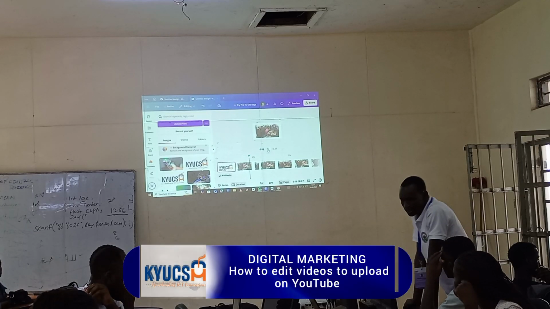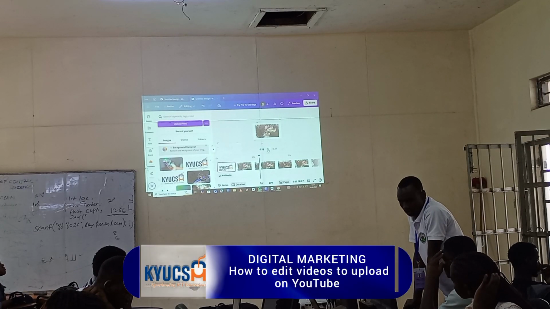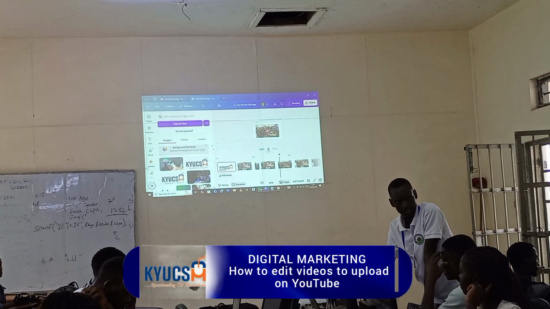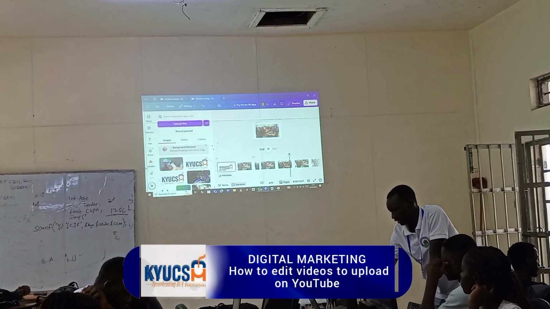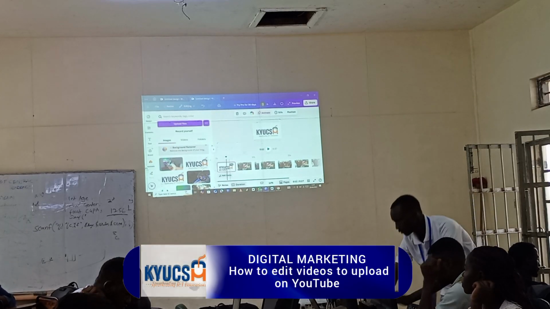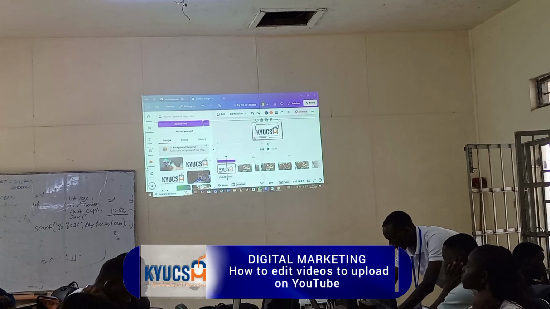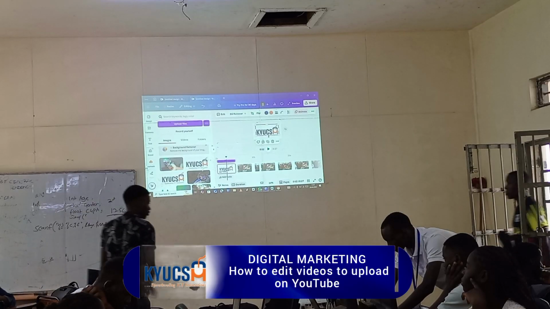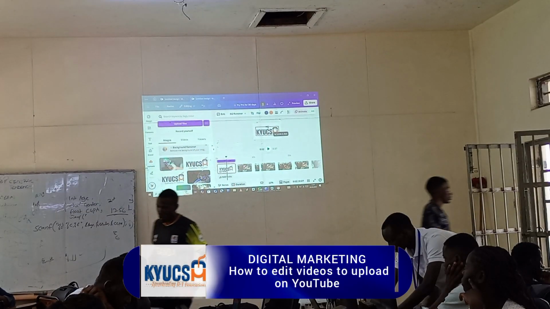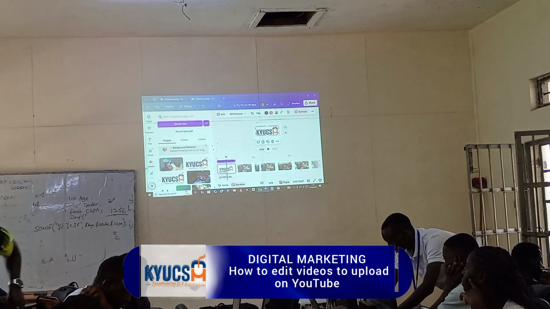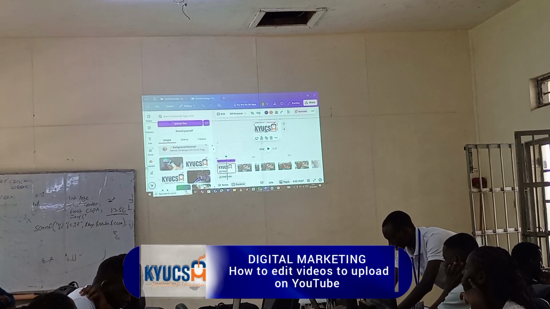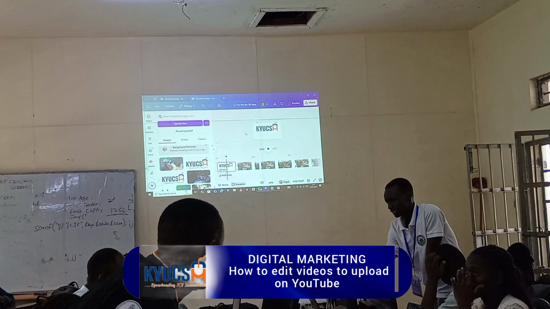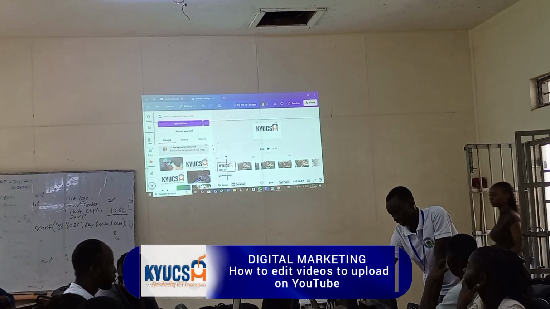Now, from that part, we have discovered how we remove a part. There is also part of adding text in a video. Now, for example, on this very page, I will need to add something on the background page. I can minimize this, and I position it maybe there. And down here, I want to add some text. What are the tools doing for us? I will just say, we'll be picking a